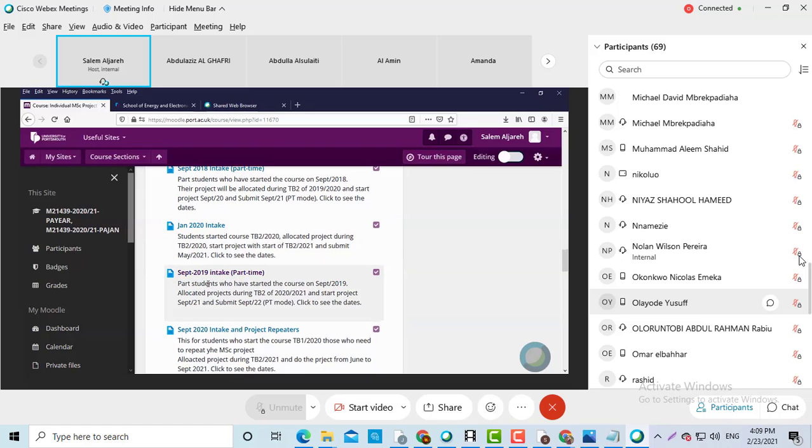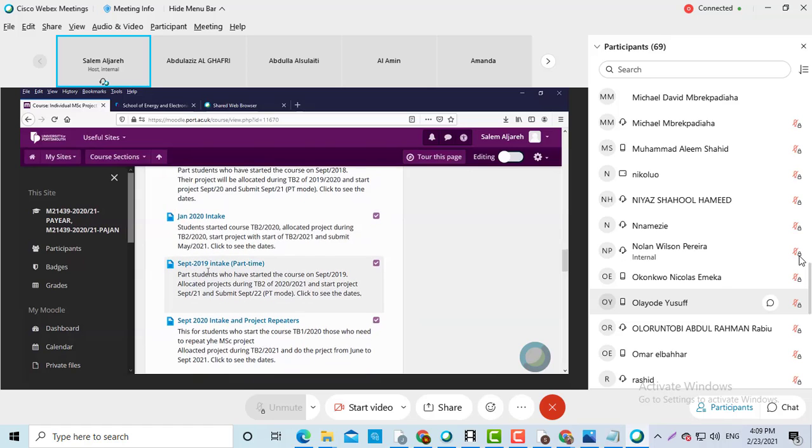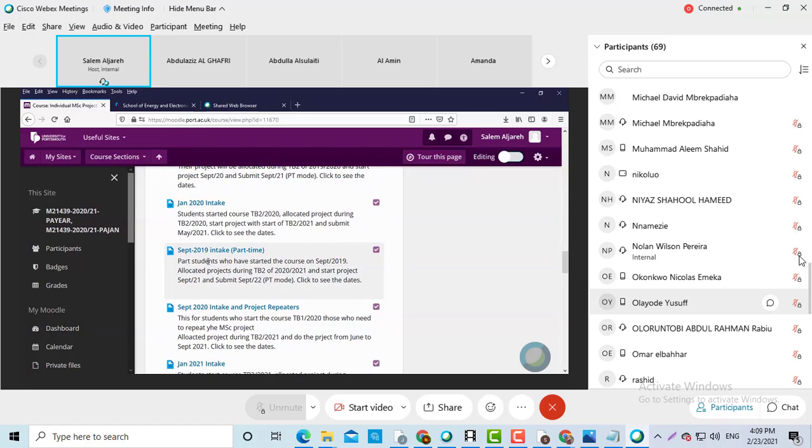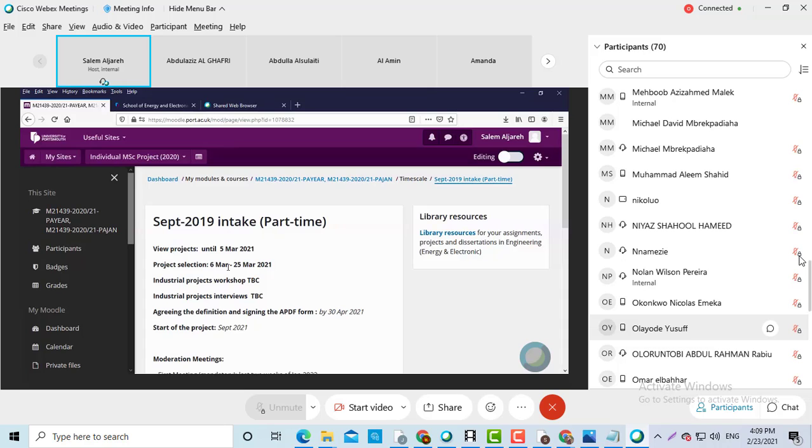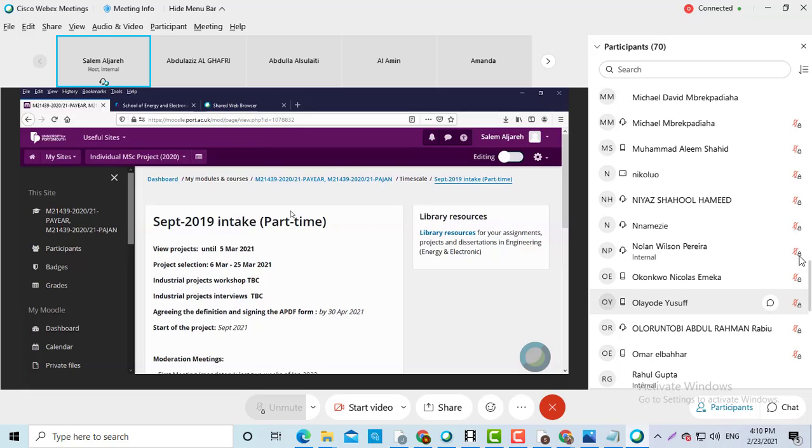The new students, the September 2019 part-time, are due to be allocated the project now. If they click here, they will find the dates about when the activities will take place. With regards to allocation, the dates are the same for all these groups, the September 2019 intake part-time,